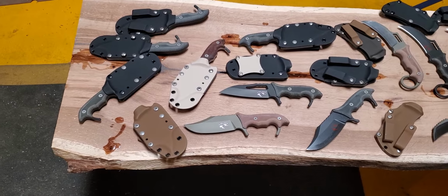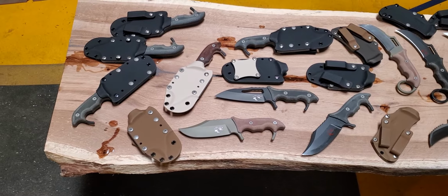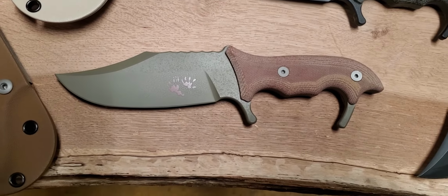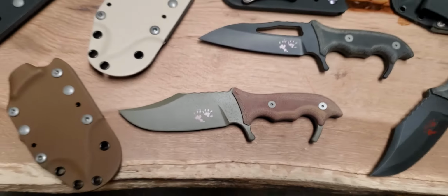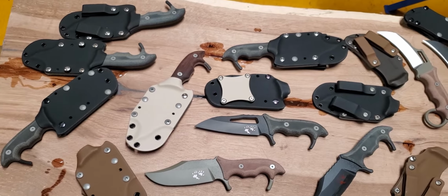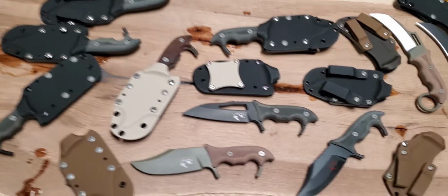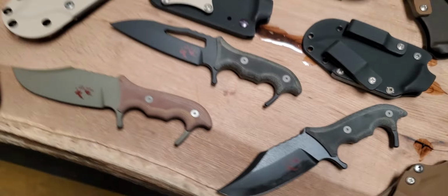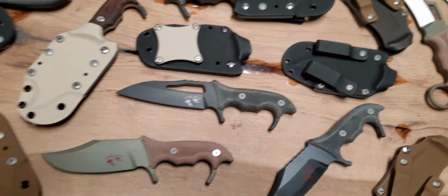Here's my prehensile series. And I've got the koala, which is the little clip point Bowie style knife. I've got one in tan, and I've got several in black. You can see they're in the periphery. There's a good example of a black one. Those are all $10.95, and they have a sheath with